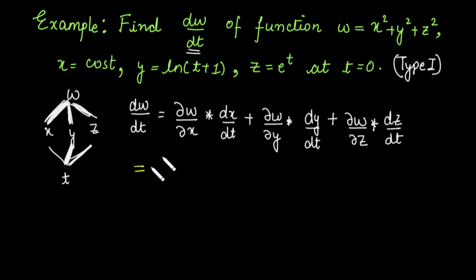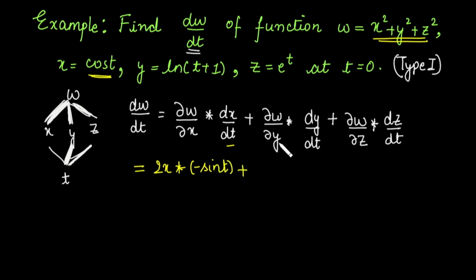This is equal to partial derivative of w with respect to x, means we need to keep y and z as a constant. This is equal to twice of x into derivative of x with respect to t, that is, cos t derivative with respect to t is minus sin t,